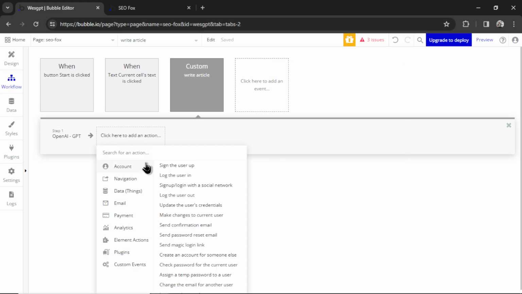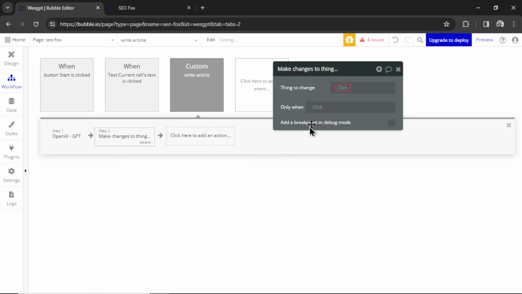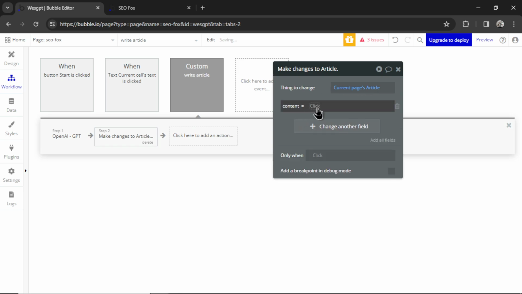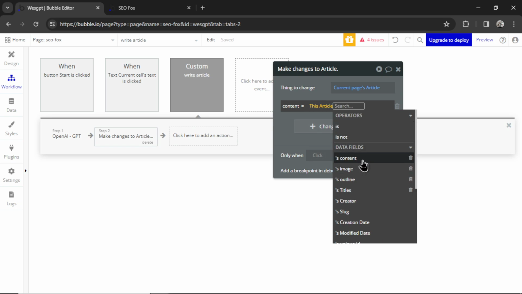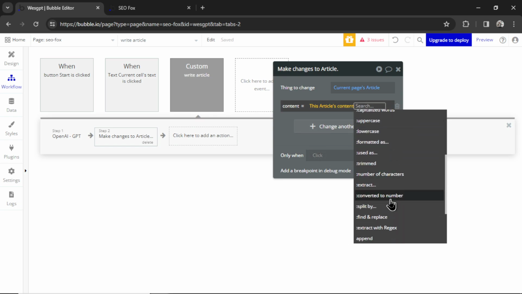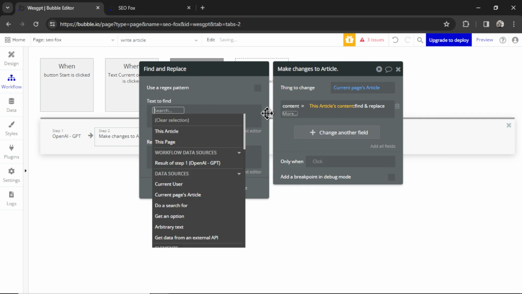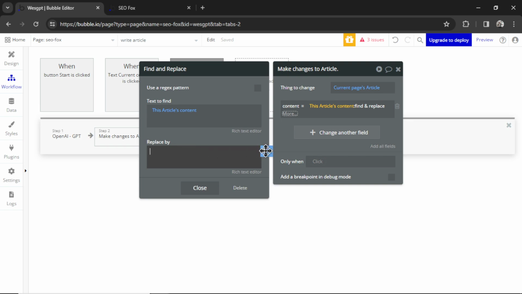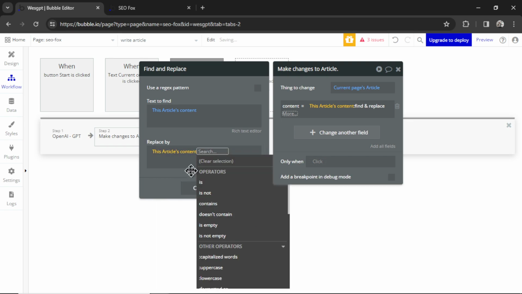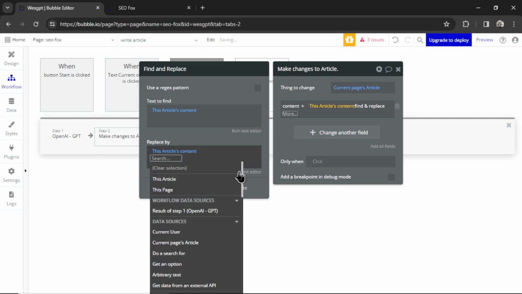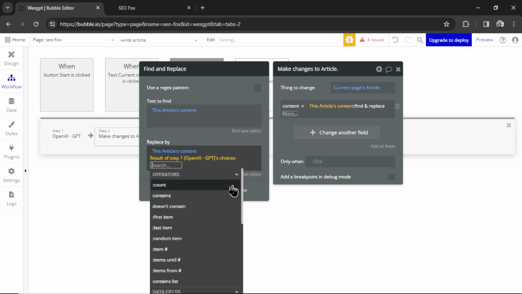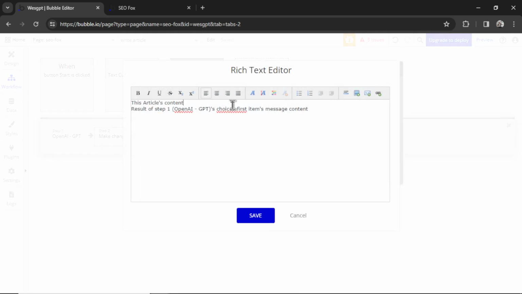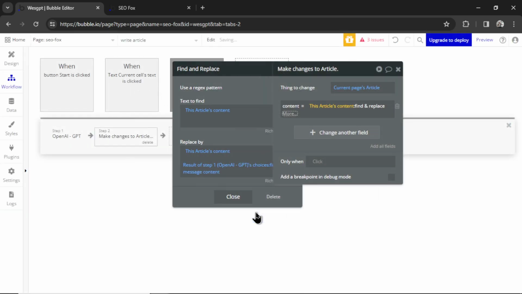And what we're going to do is add another action, data, make changes to a thing. Again, we're changing the current page article. Its content is going to be this article's content. And just like we did last time, we're going to go find and replace. We're replacing this article's content, replacing by this article's content. Let's add a line break and go the result of step 1's choices, first item, message content. And then I'm going to go to rich text editor, make sure there is a space, hit save,